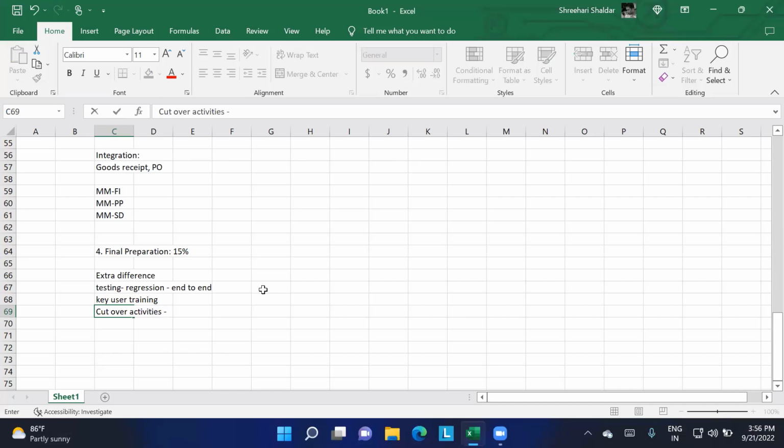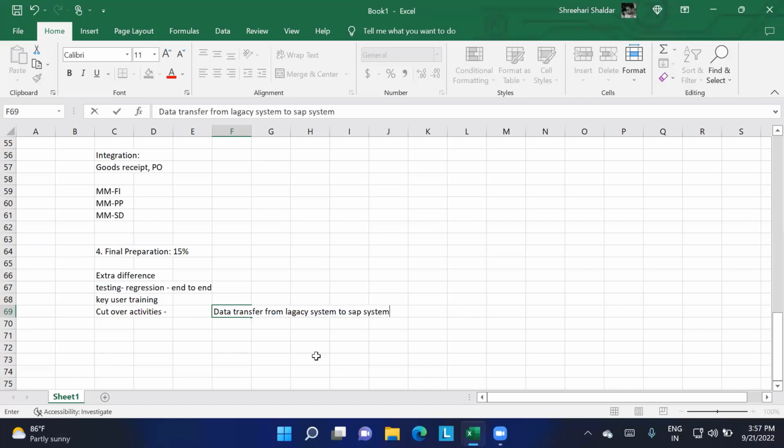Cutover activities are nothing but, if any master data or transaction information is there, we need to upload it into the system. The cutover is nothing but moving the data, a data transfer from the legacy system to the SAP system.